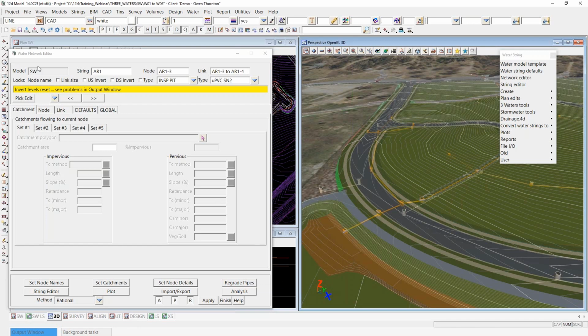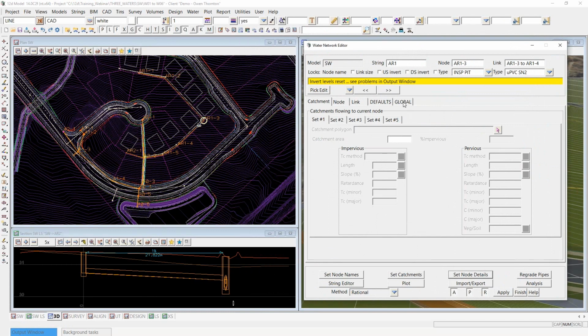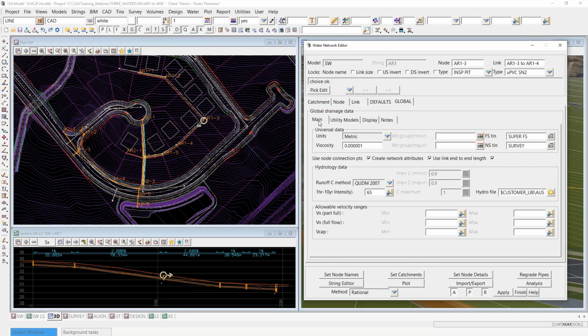At this early stage too, without introducing how all the tabs work and everything, just know that there's a big section of tabs here. The only other thing I would probably do at this stage is I mentioned node connection points, and there is on the global main tab of the network editor. And again, all of these global and defaults tabs here have been pre-configured via a water model template from episode 1, and that's also why we're seeing the method here set to rational. By default, if we hadn't had a water model template, it would say none. Okay, but we now have